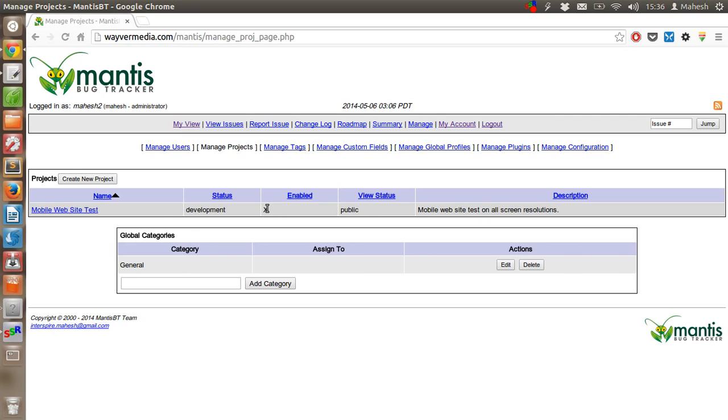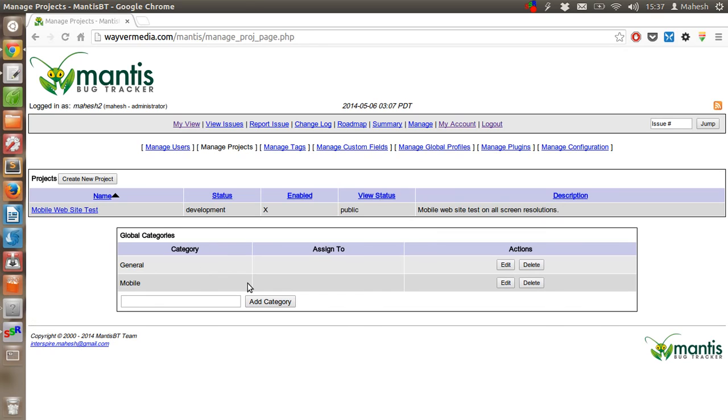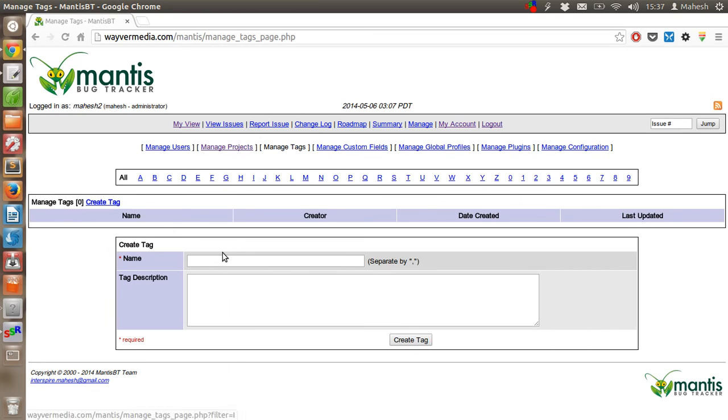Enabled is crossed X, status is development, mobile website related information. You can add the category for this as general. You can add it for mobile. Now that category will be added in this global categories. Okay, after that you can also edit the tags by which you will be able to